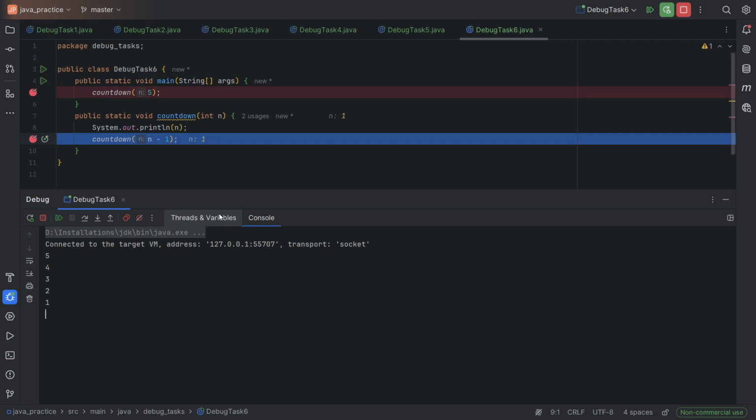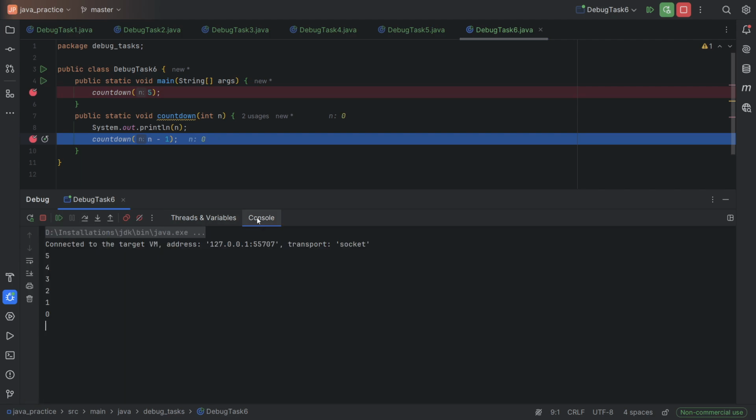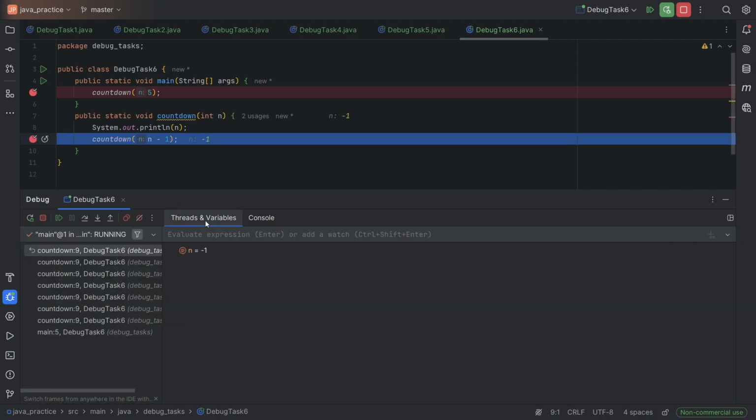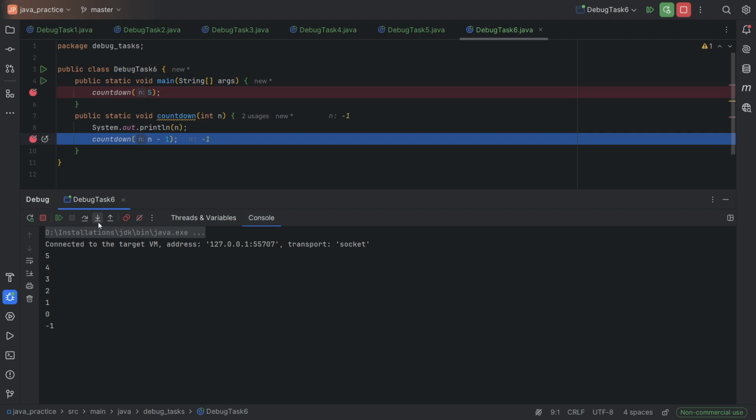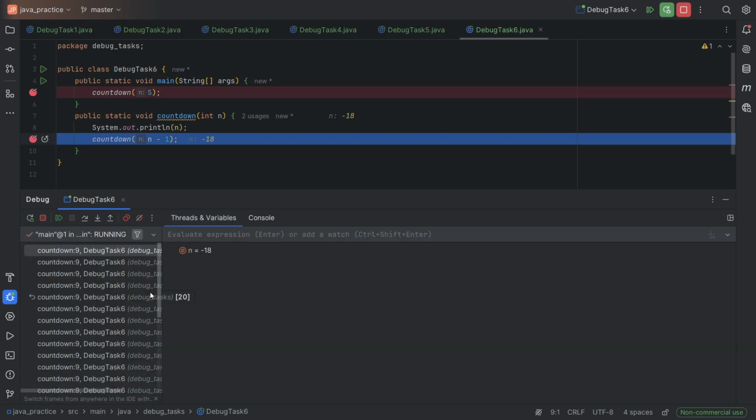The problem with the recursive functions is that we should have the condition that stops the function. But this function, it does not have, as you can see, n becomes -1 and still it prints. It goes on and on, -3, -4, -5, 6, 7, 8, and until this stack overflow occurs. So what we can do instead,